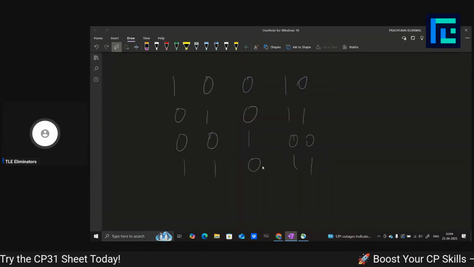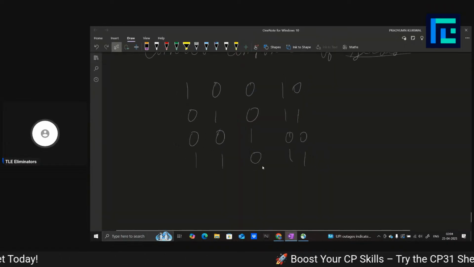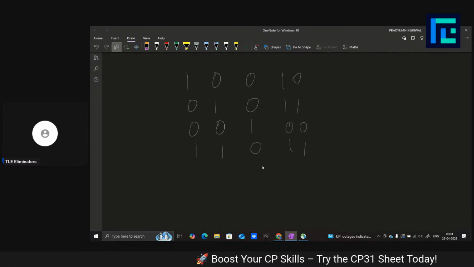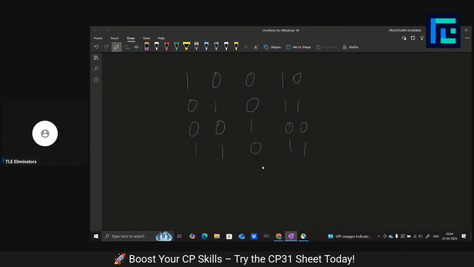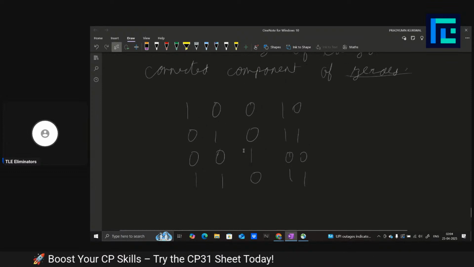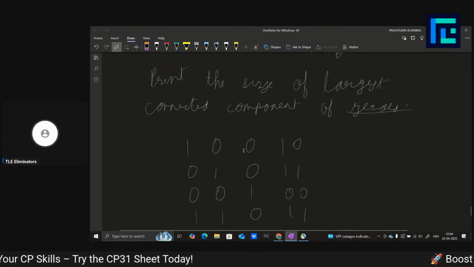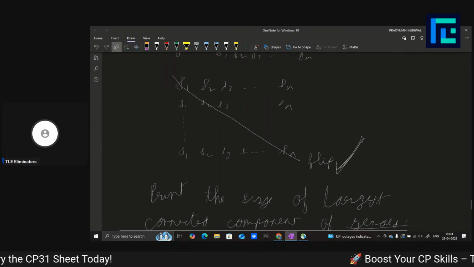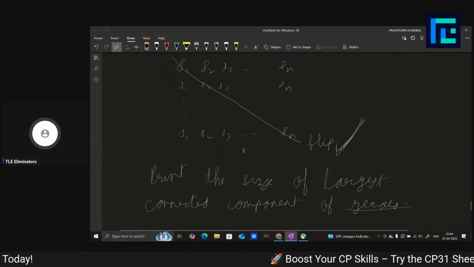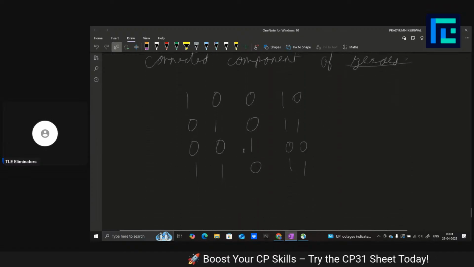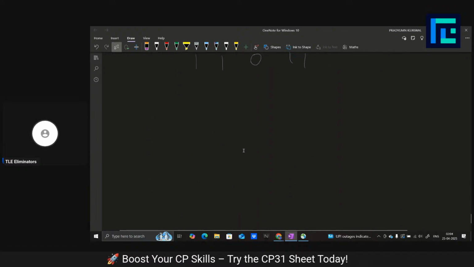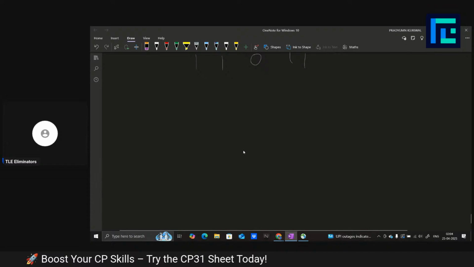So instead, what we can do is we can make an observation, right? Since this grid is not arbitrary, it is made by some string. It has some definite patterns. And what are those patterns? Just check it out. Let's say I have some string, which is